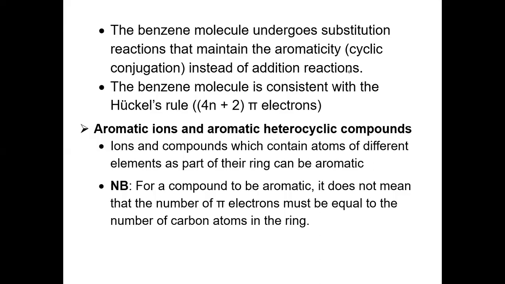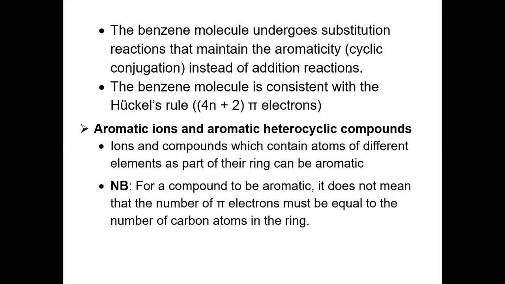Now, the compounds we are talking about are neutral compounds, but you can get ions which are also aromatic. That is the next table of discussion. Ions, and then we can have heterocycles which are also aromatic. So we are saying that ions and compounds which contain atoms of different elements as part of their ring can